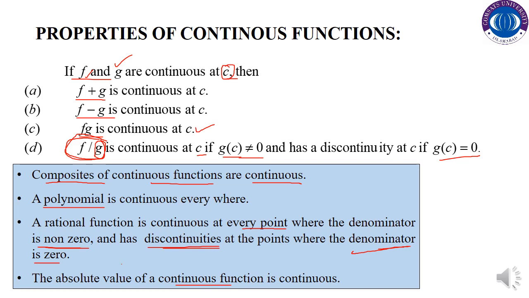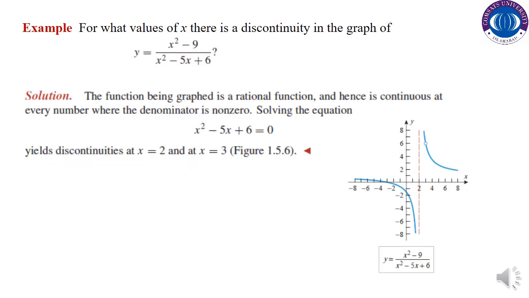ठीक है, यानी कोई भी फंक्शन कॉन्टिन्यूस है तो उसकी एब्सोल्यूट वैल्यू भी कॉन्टिन्यूस फंक्शन ही होगा। In this example, we have to find the points of discontinuities of the given function and the function is rational function। तो अभी लास्ट स्लाइड में हमने देखा था कि रैशनल फंक्शंस की डिसकंटिन्यूटीज कैसे फाइंड करते हैं। जिन पॉइंट्स पे रैशनल फंक्शन का डिनोमिनेटर ज़ीरो के इक्वल होता है वो रैशनल फंक्शन के पॉइंट्स ऑफ डिसकंटिन्यूटीज होते हैं।